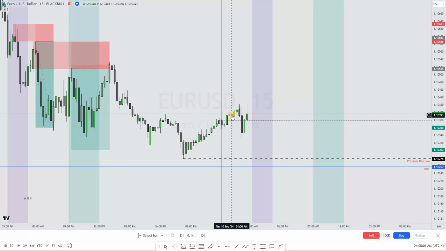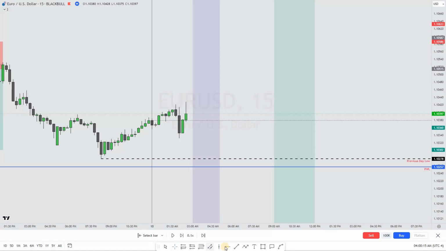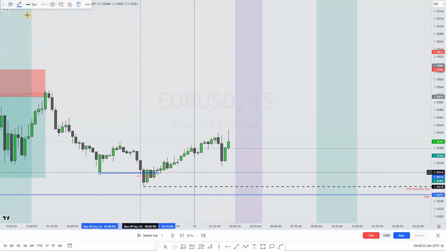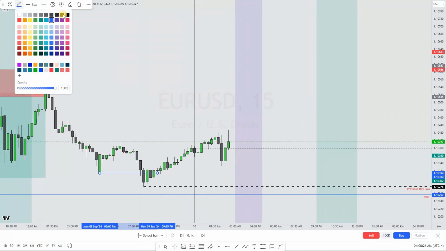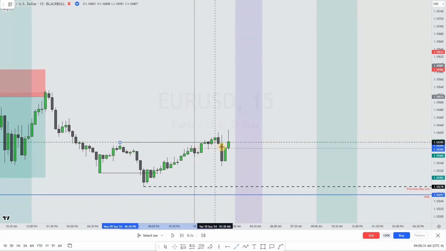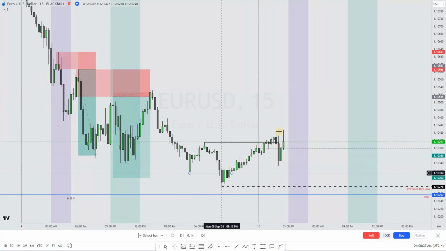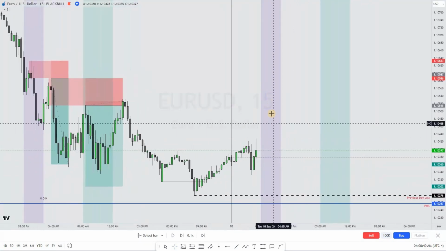Now, from there by itself, you can see that there's a probability that the market might want to continue to move to the upside, right? We have these lows taken out, the lows taken out down there. This line is too thick, man. And then we had this kind of like a market structure shift down up here. Now, when I saw this, I saw that the market is more likely to push to the upside.